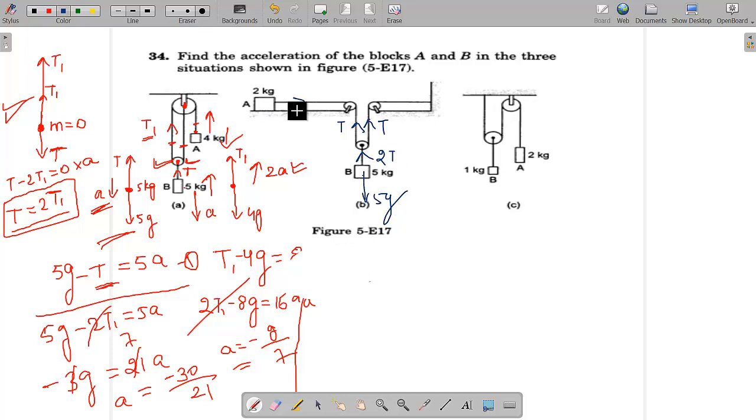What about this? What is pulling this 2 kg block? No, gravitational force is there, but we do not consider it because it is balanced by the normal contact force, and the movement of the body is perpendicular to that direction. So we do not consider those. The only force acting on this is T. Understood? So you have to solve this question. Now the thing is, what about the acceleration? If you assume the acceleration of the 5 kg block as A downwards, what will be the acceleration of this?